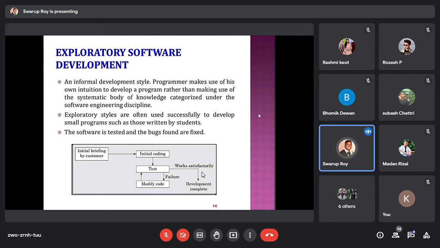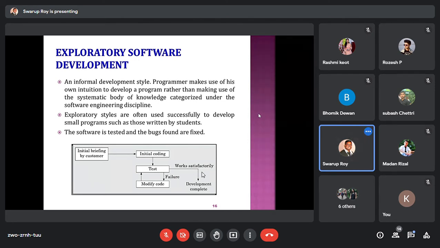So that means, what we call it, prevention is better than cure. Whatever approach exploratory software development adopts, it's a basic curing approach. Whenever a bug occurs and they detect it, they fix it.